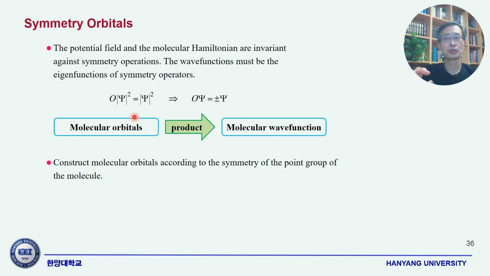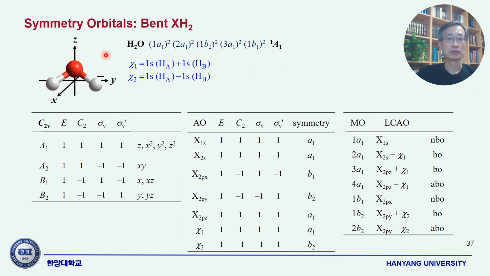So what combination is right? That's the question here. Symmetry adapted linear combination of atomic orbitals will generate the proper molecular orbitals. That's the theme here. Now our beloved example, the water molecule, and the configuration of electrons of the water